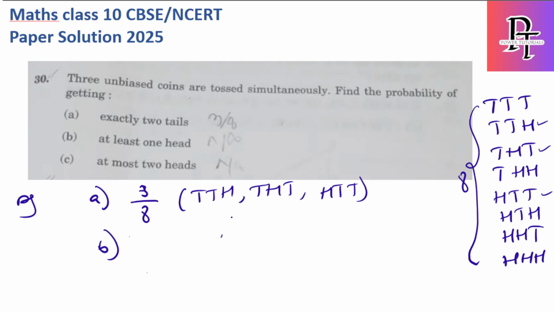So simply whichever is not having any head will be the answer. Not having any head is the first one. So the answer should be 7 by 8. You have to mention here excluding